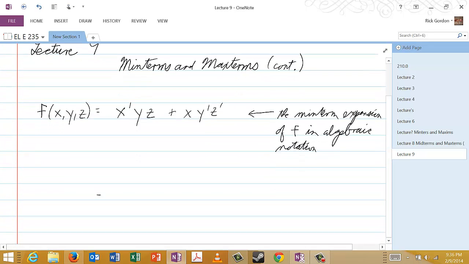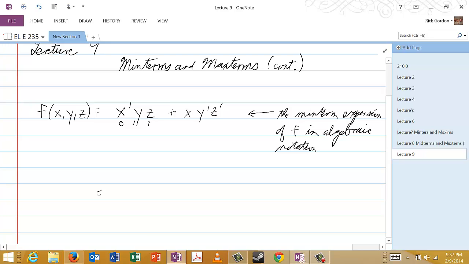Now, as we learned before, we can also have f of xyz in what's called decimal notation. And the way that we get that is as follows. For each one of these minterms, we look at what the variables need to be in order for each minterm to be equal to 1. Remember, for minterms, we look when they're equal to 1. For maxterms, we'll look at when they're equal to 0. So for this first minterm to be equal to 1, we would need x is 0, y is 1, and